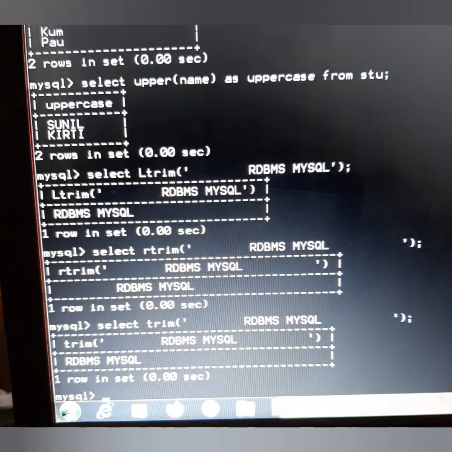Even example 15 is saying write a query to remove leading X characters from the string 4x bar 1 and then 4x on the right hand side.